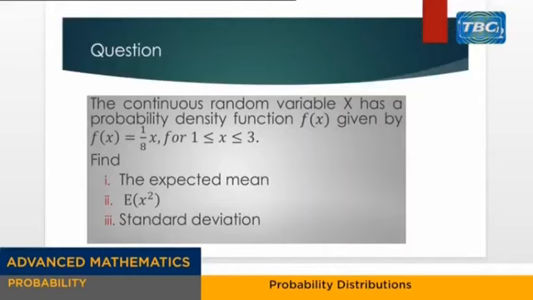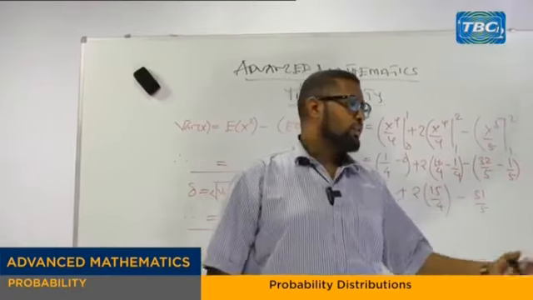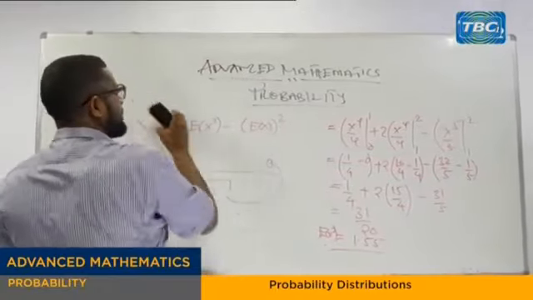Also, you may be given a question in the form of a linear function. The continuous random variable x has probability density function f of x given by f of x equals 1 over 8 x, for the limit 1 less than or equal to x less than or equal to 3. And you are also asked to find the expectation, the mean, of the variable x, and also the expectation when the variable x is squared. Find the standard deviation. My dear student, this question is very easy. Now let's go and check for it. So, solution for that question